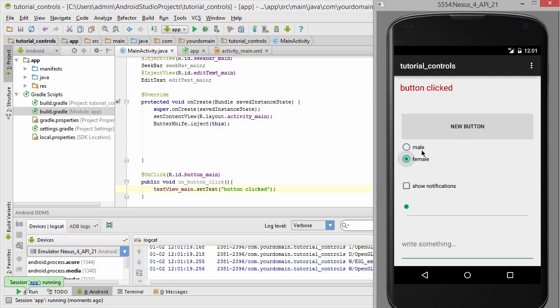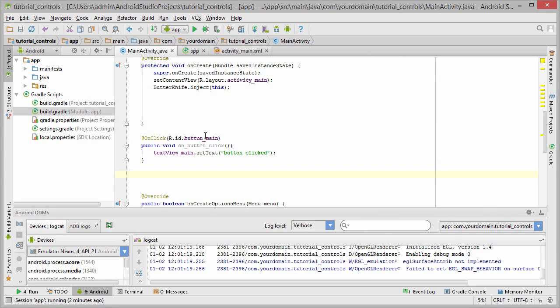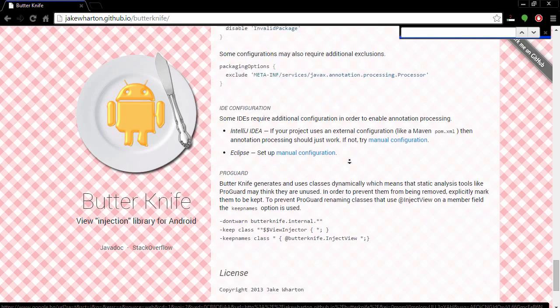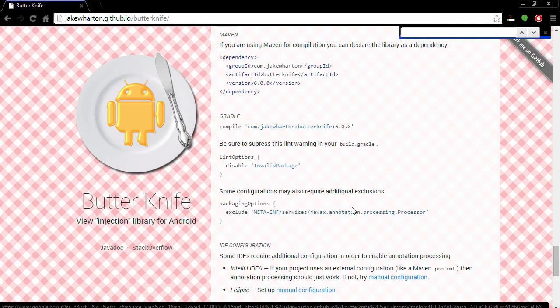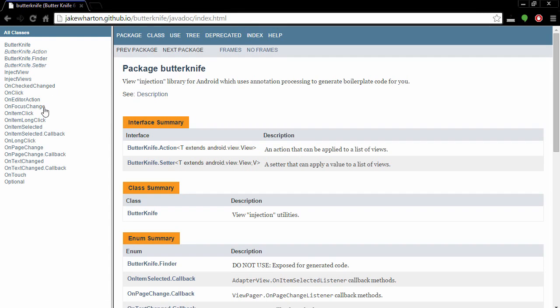Now let's detect whenever these radio buttons are modified. So for this, let's say you forgot how Butter Knife handles these radio controls. If you go to the website of Butter Knife and click search for documentation, the Javadoc is also available to browse. It goes here, and just remember, for radio buttons and checkboxes, it's on checked